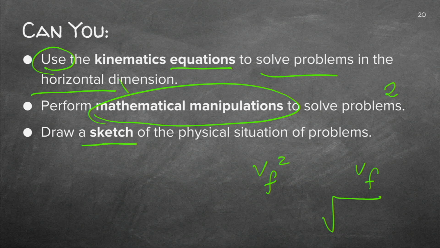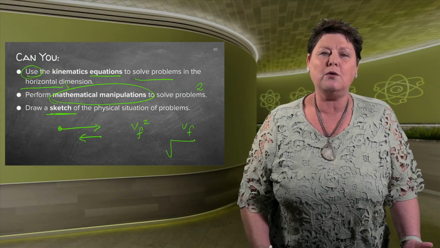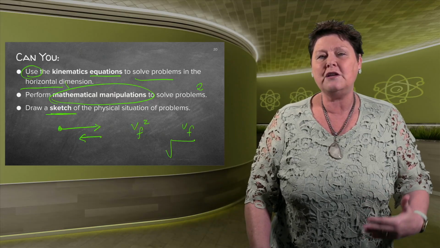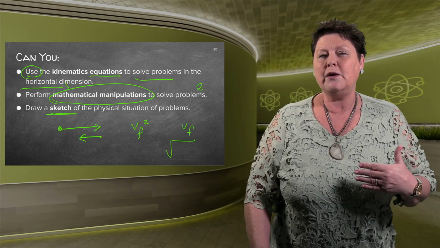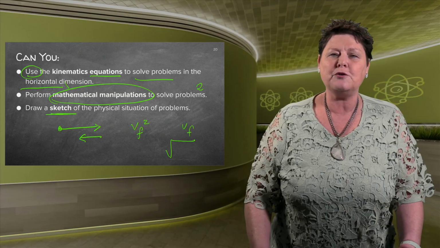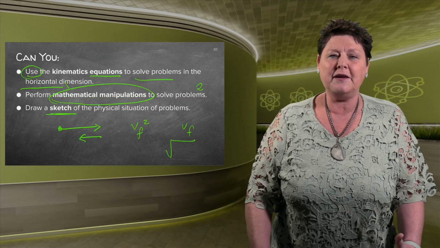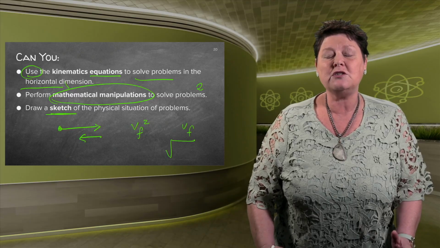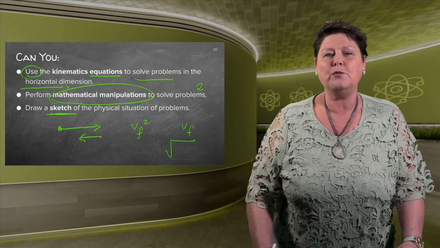And then I usually draw a little diagram. It started there, it's going there, it's going back. It's much easier if you can see where you go to actually do the calculations. We will do a lot of these calculations when we go on to momentum and we work with vertical projectiles in other areas of physics. But for now, know the 3 equations, you know you're getting it, and enjoy working with it.